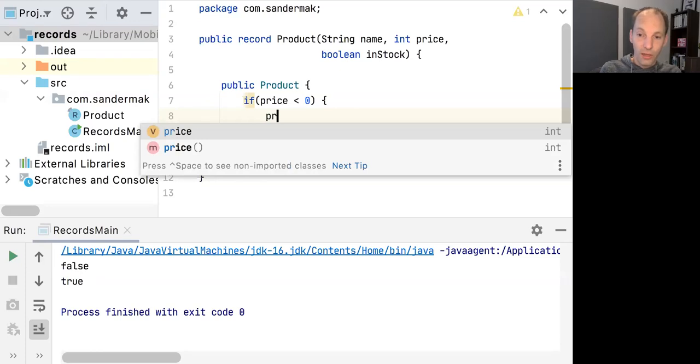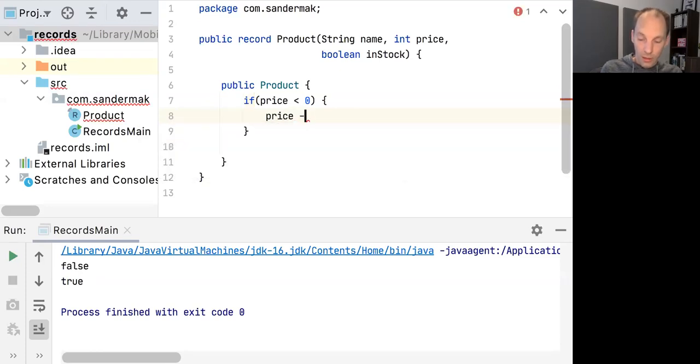So let's say if we wanted to normalize the price to 0, if something below 0 was provided, then we can do it like this. And then you can see that this parameter gets overridden, and in the end will also be assigned to the field of price in the record. So this way, we have a very concise manner of implementing validations and normalization for data that gets into a record.